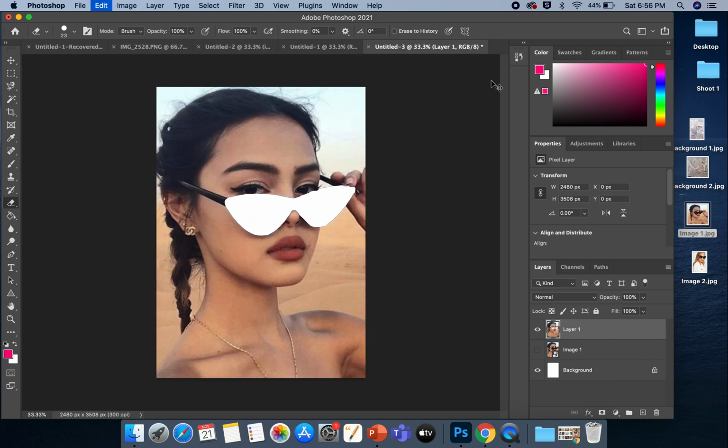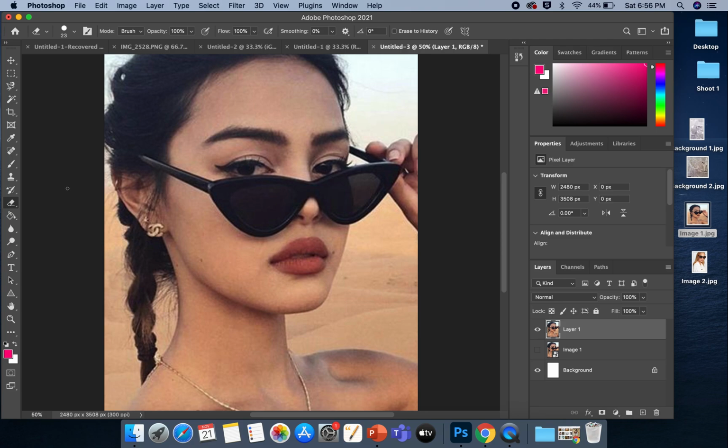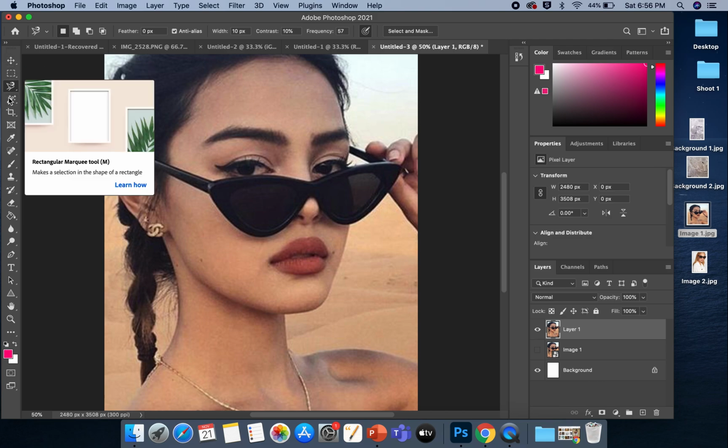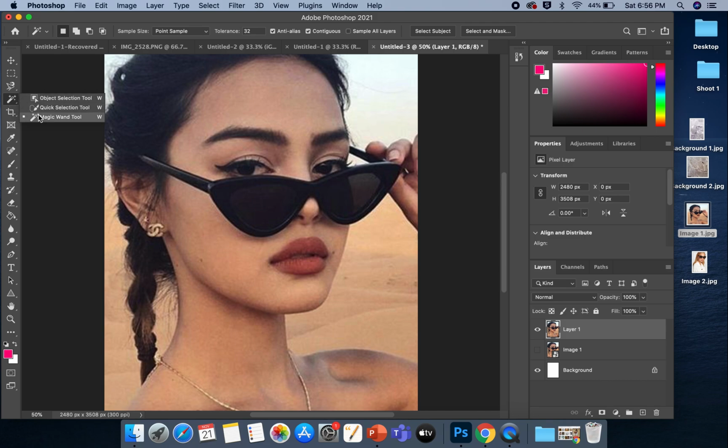So that is one way in which you can do it. So the magnetic lasso, if I do Command Z, that's undoing, so I can go back a maximum of 20 steps. So the magnetic lasso is one tool that you can use. Another one would be the magic wand tool. Now it is the fourth one down, I had to check that there, and it is the